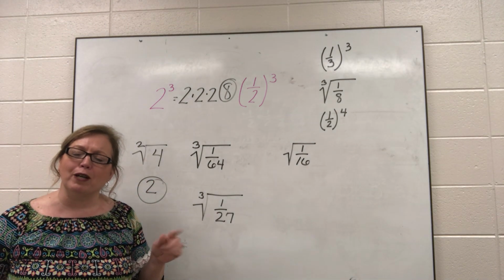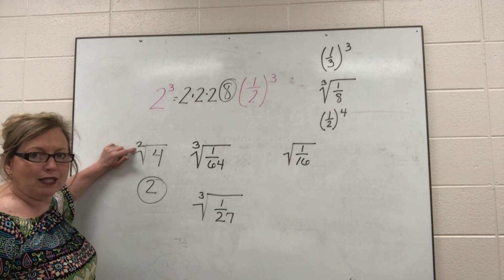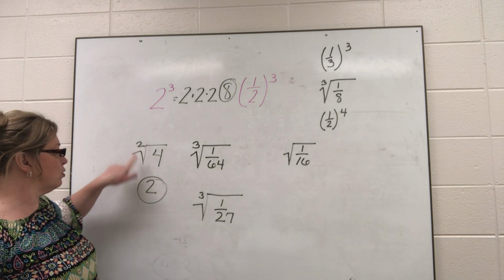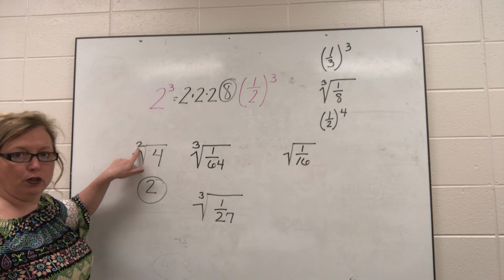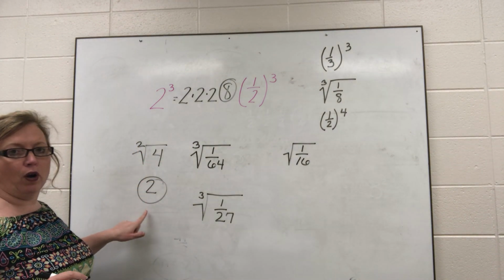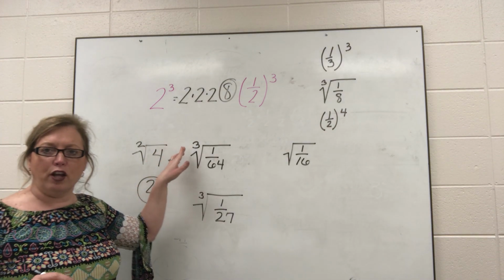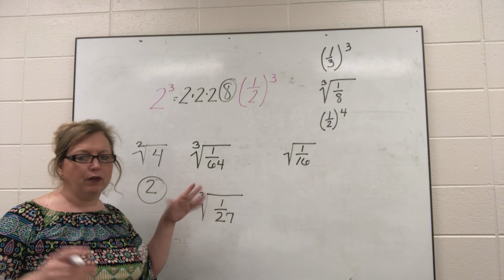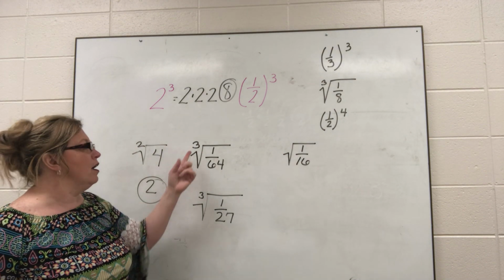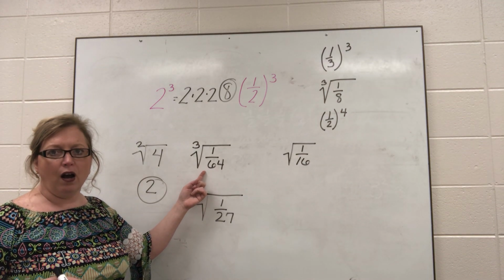because the square root means what number can I multiply this many times to itself and come up with the number in here, okay? So 2 times 2 equals 4. So the square root of 4 is 2. There is a thing called a 3rd root. And you can have many roots, but these are the 2 that we're going to talk about, okay? What is the 3rd root of